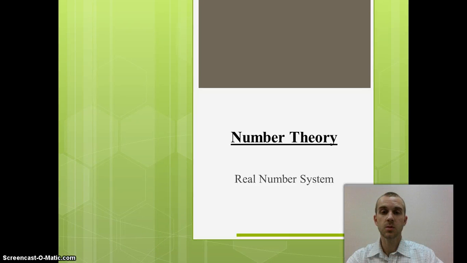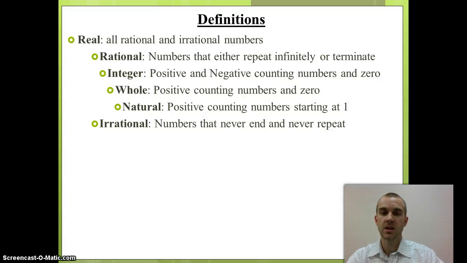In this video, we'll explore the real number system. Now, the real number system is made up of rational and irrational numbers. What that means is that a rational number is a number that either terminates or it repeats a pattern infinitely through the decimals. Also, within the rational numbers, we have integers, which are positive and negative counting numbers, as well